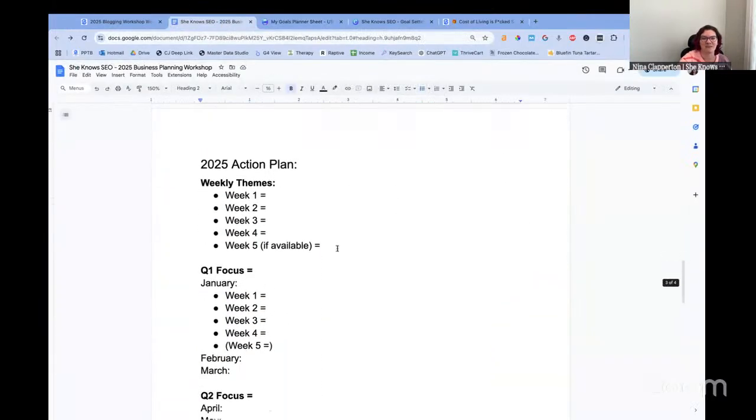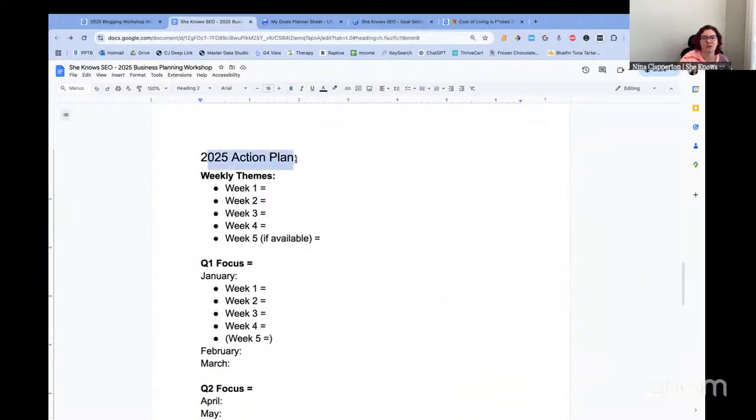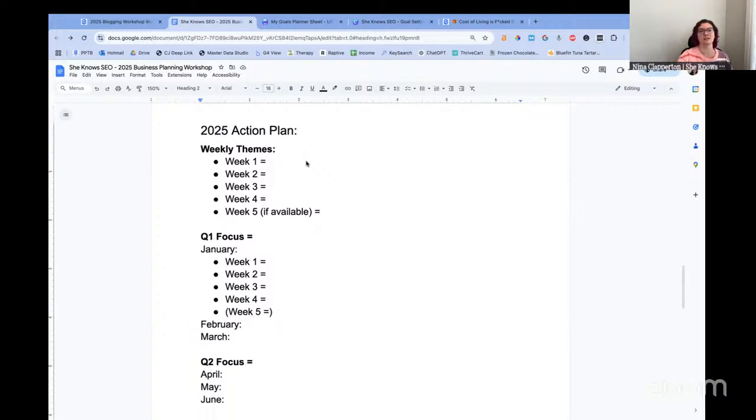That is here. So in our 2025 action plan, this is where we're going to write down what our focus is. You can see I say Q1 focus. For me, it's really important to know what my non-negotiable is for that month. This is something I developed with my therapist, because as I tried to organize things for my team for 2025, I had like 20 things every month. And I had this massive fear, as someone who's chronically ill, that I wouldn't be able to attain any of these things.